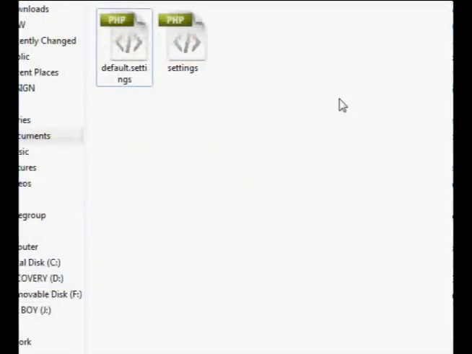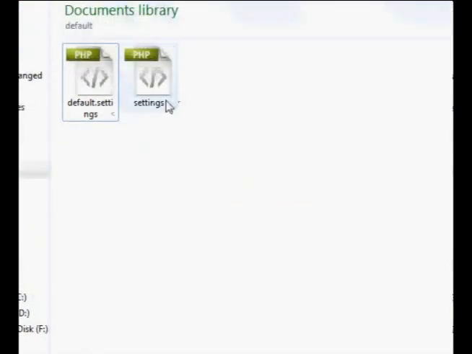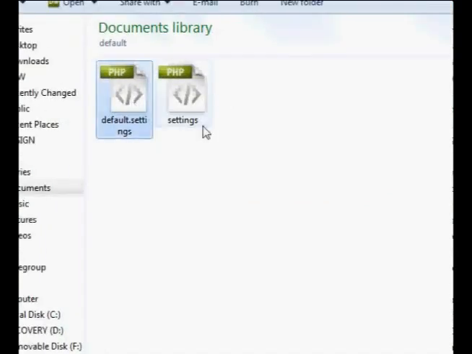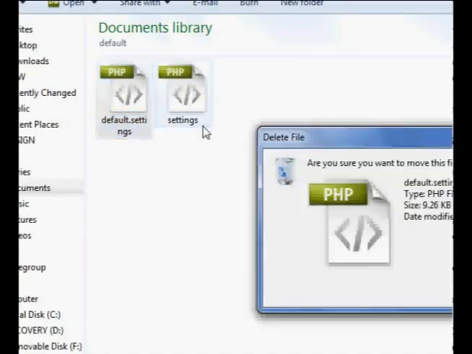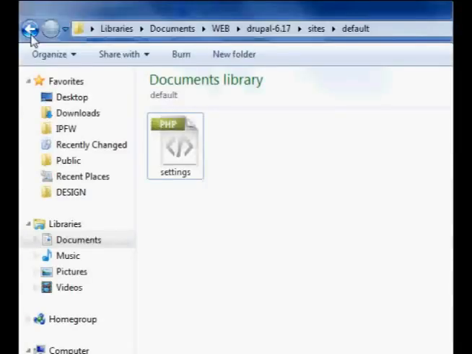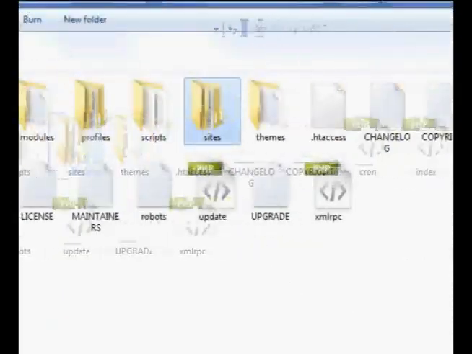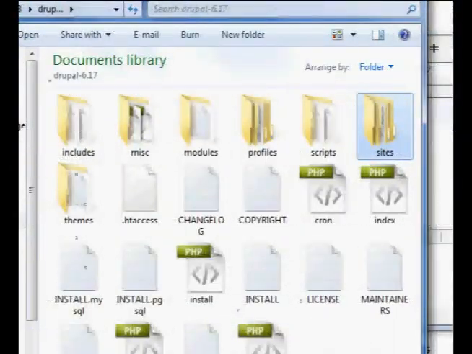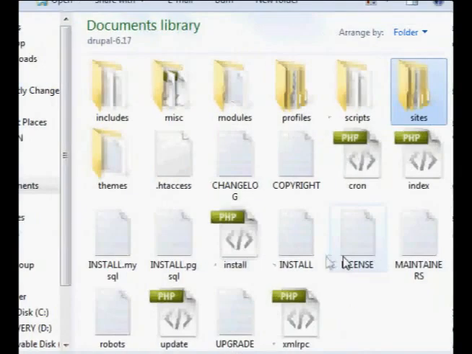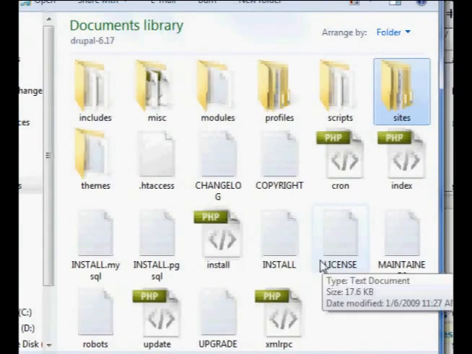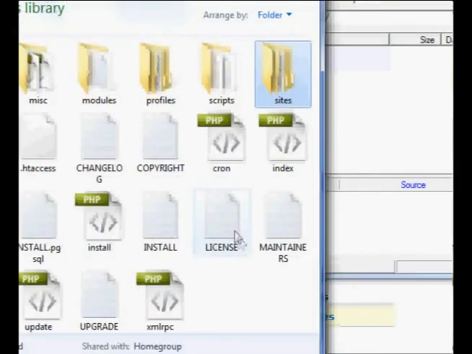Alright, now that we got our settings file saved in there with all of our database stuff, we can actually get rid of the default settings. Yep, get rid of that, and now we should be set to upload it to our web server. So these are all the files that we need now, and we've got everything ready to go, barring any things we have to adjust. So basically what I'm going to do is go over to my FTP client,